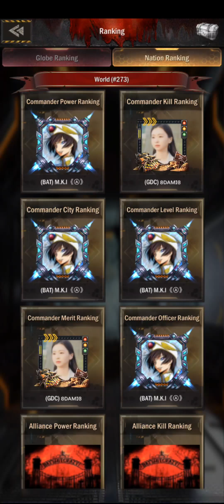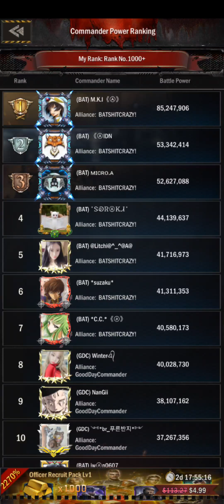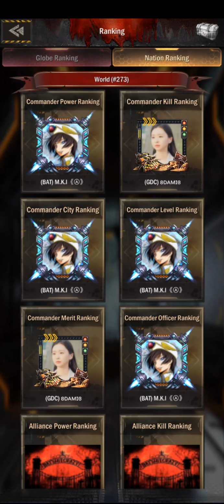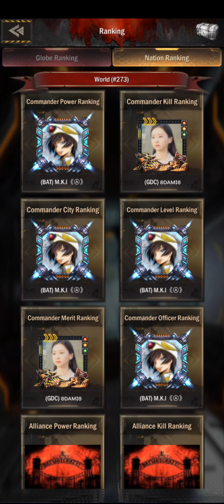Next, we'll look at 273, and this is a monster of a world. Here you can see that they have several high BP players, but really just one monster in the definition that I set of 75 million. And here, let's go ahead and start with the officer ranking. Here you can see,